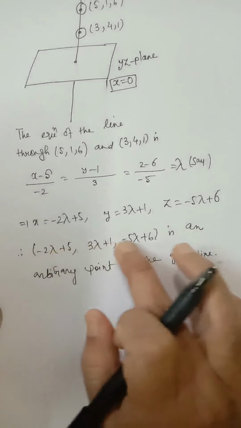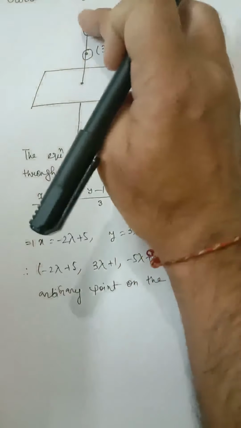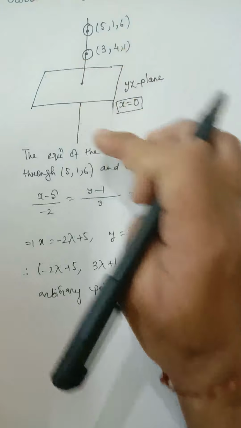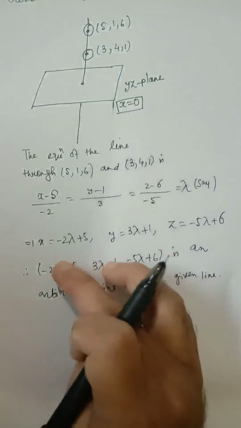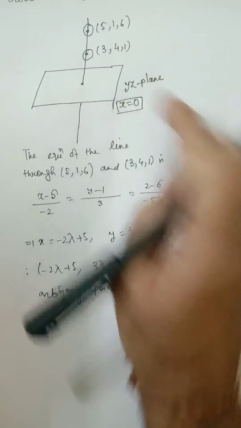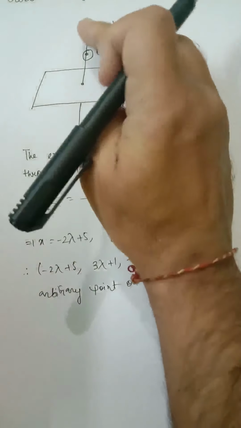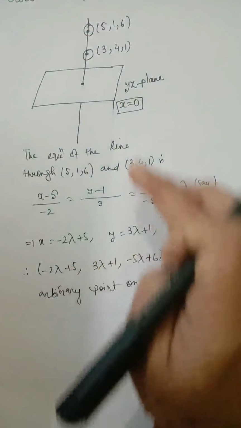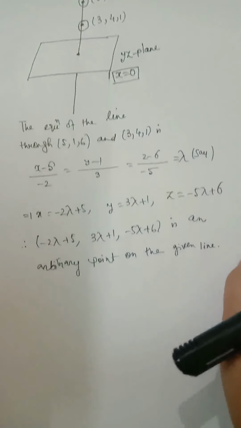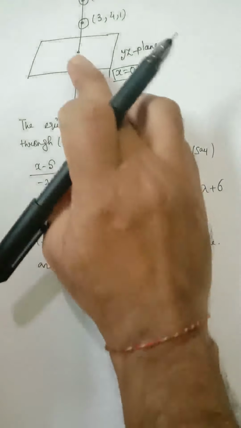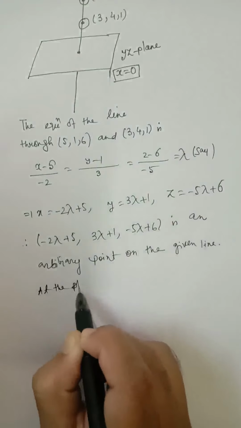As this is an arbitrary point on this line, for different values of lambda we will get different points on the line. Now, when this point lies on the plane, for some value of lambda this point will represent the point of intersection. So I'll write it this way: at the point of intersection,